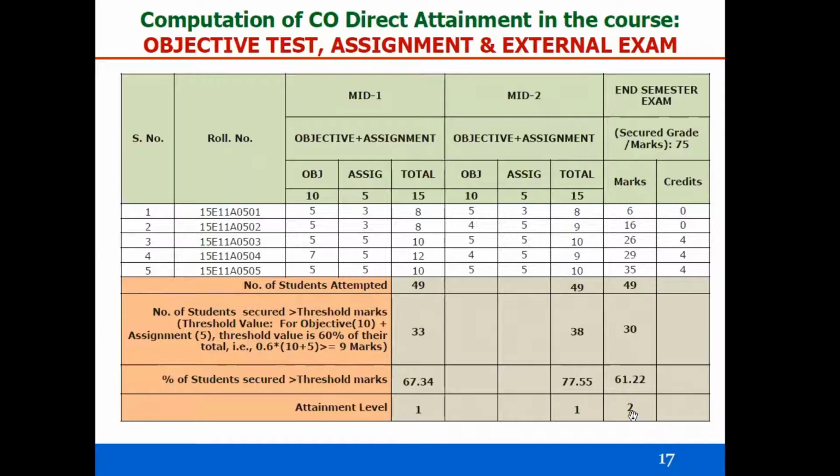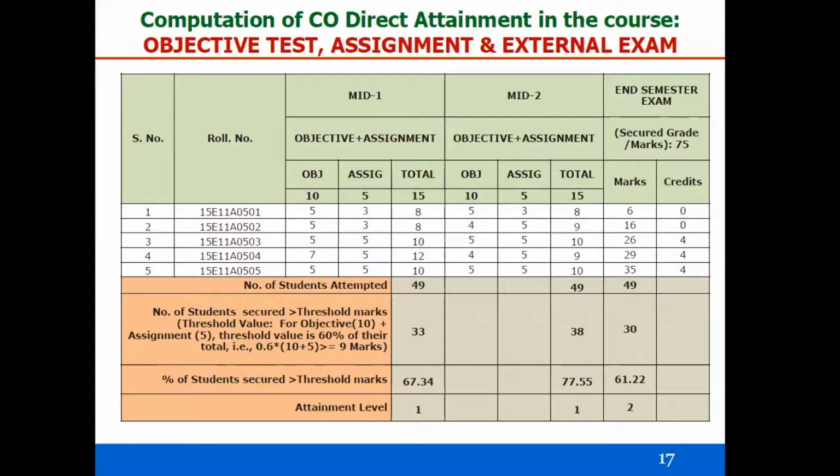Then here you can observe that the end examination is common for both mid exams, I mean, for mid 1 and mid 2. Why? Because the end exam is a combination of mid 1 and mid 2 questions. So that's why the same common end exam value we have to consider for mid 1 and mid 2 components for calculation purposes. Sometimes, suppose you have a question paper, is there any possibility to identify that the questions are also mapping CO wise?